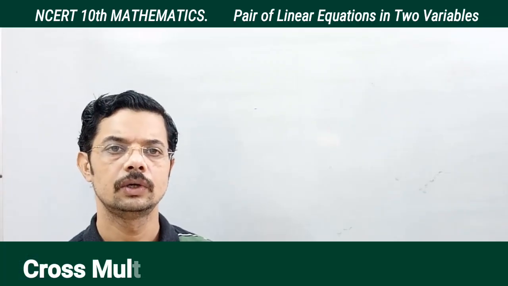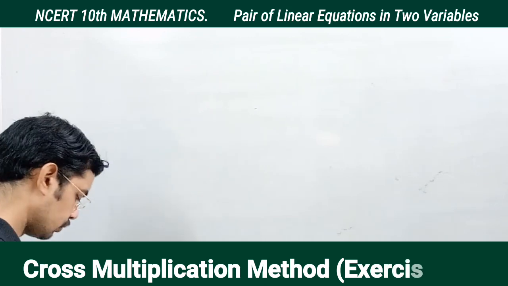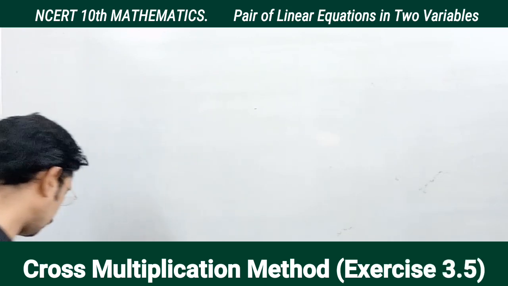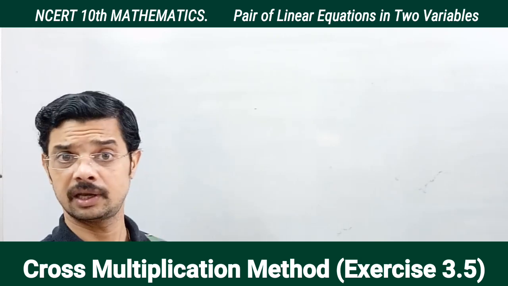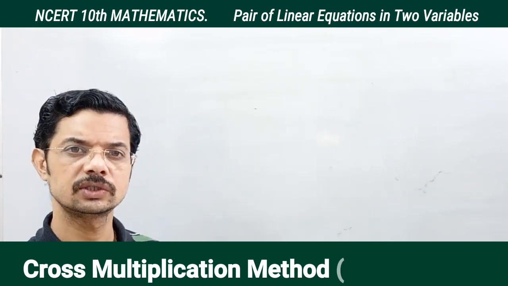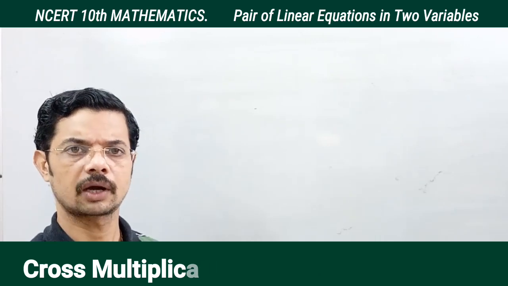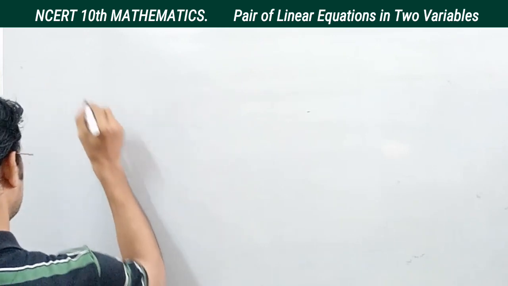Now we shall move on to exercise 3.5. So let us see some questions. Here we are supposed to find the solution using the cross multiplication method, if it exists. If a unique solution exists, we need to find the solution, otherwise we need to mention what kind of solution it has. Okay, so the first question is solve